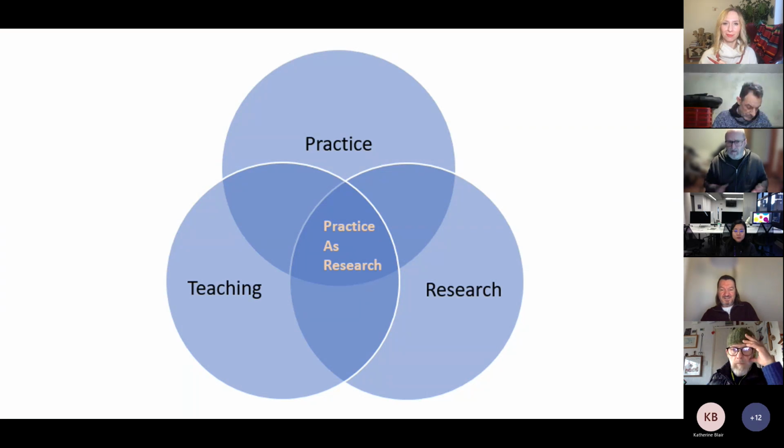So this seems like a fairly familiar thing. There's the teaching that's initiating this process. There's the practice, which I wanted to explore and develop my own practice anyway in this field. But then there's the research, which is also a personal interest, and they all come together as practice as research. That would seem fairly straightforward. I'm making a transmedia project, it's an experiment, I'm going to learn all this stuff out of it, and so clearly that is research, I would argue. But